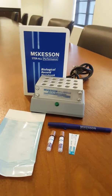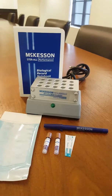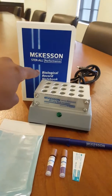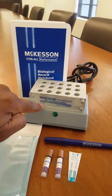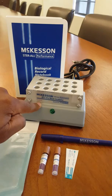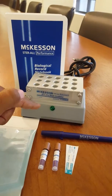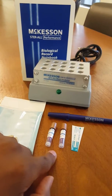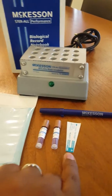Today we're going to be reviewing the processes that we have in place to ensure patient safety and to prevent infection. What we have here before you is a biological record notebook. That's where we're going to record our tests. We have an incubator where we're going to be doing an incubation to actually check and grow spores if there are any. And we're going to have a bag, 2 BI indicators, and then we also have a Class 5